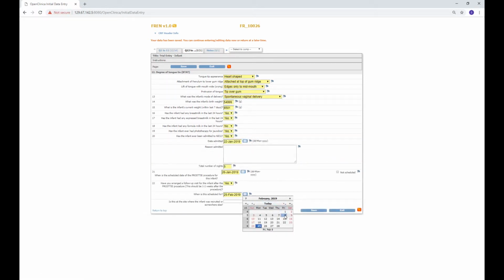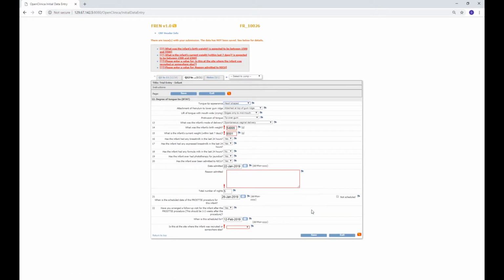You can see this time I've answered some questions that have failed validation, and there are now some red exclamation marks next to them, and at the top of the page in red text there are validation messages explaining why these questions have failed validation. So I've now got the opportunity to change those values if they are incorrect. In the case of the infant's birth weight, I've made a very obvious typo, so I'm going to go ahead